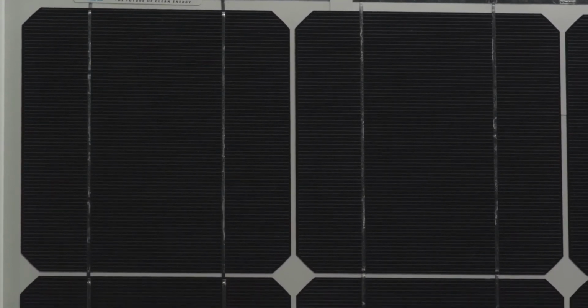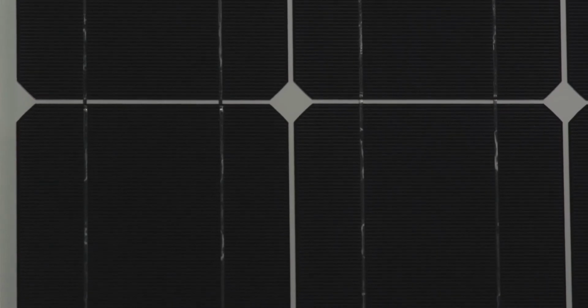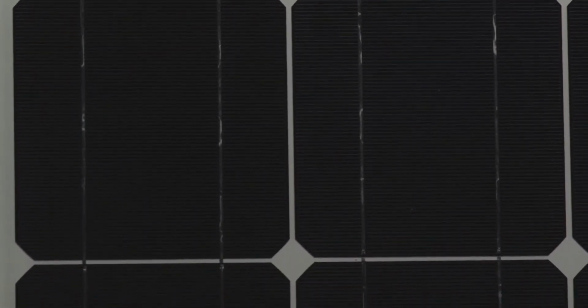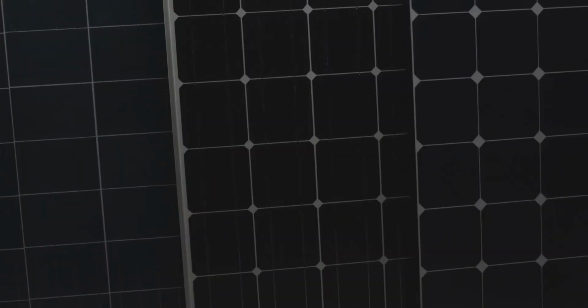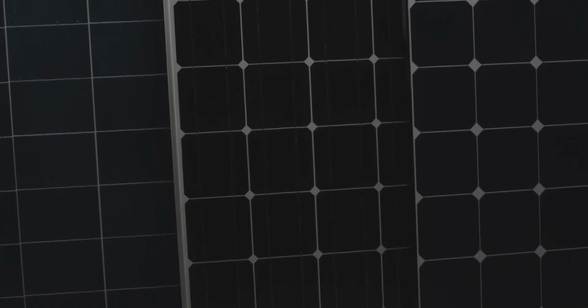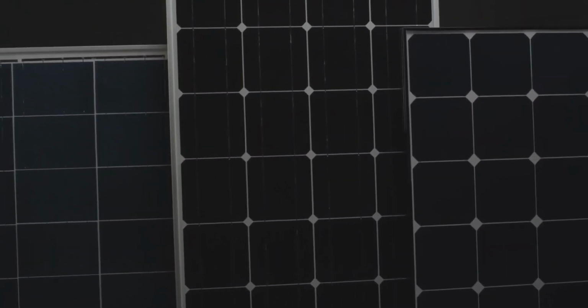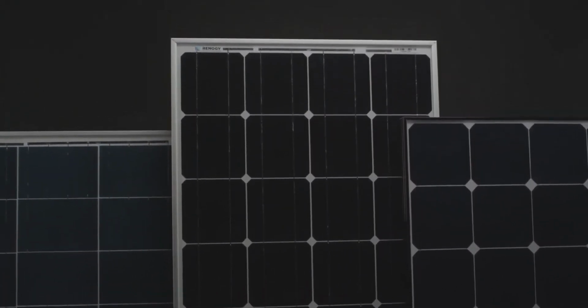Our Renogy 100 watt monocrystalline panels integrate monocrystalline cells with efficiencies ranging from 17 to 18.4%. Monocrystalline panels are typically smaller than their polycrystalline counterparts due to the higher efficiency. The 100 watt monocrystalline panel is preferred if certain applications are limited in space, and is the standard panel users